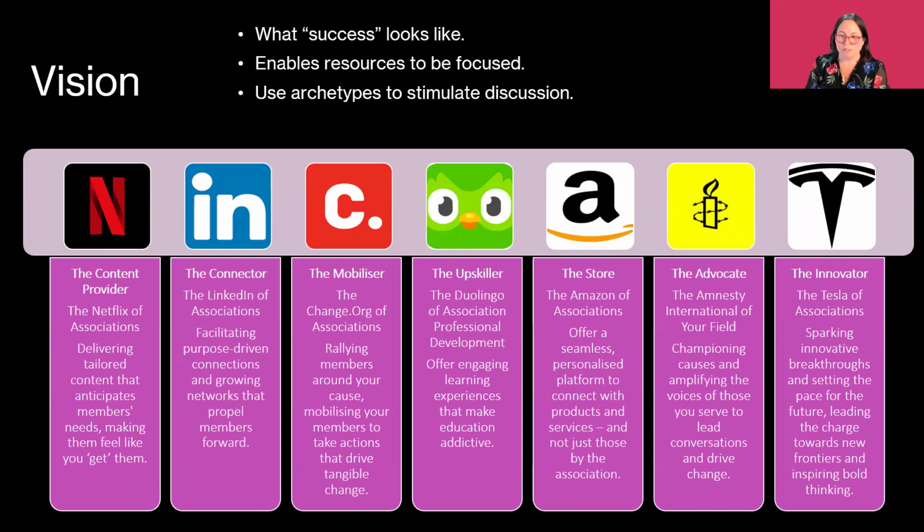Now, I wouldn't suggest just picking one, although in some instances it is appropriate. But for a lot of associations, they'll find that there's probably 2 with a dash of 3 involved there. So you also need to be able to prioritize. This is just a really good tool to use as a starting point to then articulate, what does success look like for us? What are we working towards with what do we want to be? And another tool for doing that is this next step.